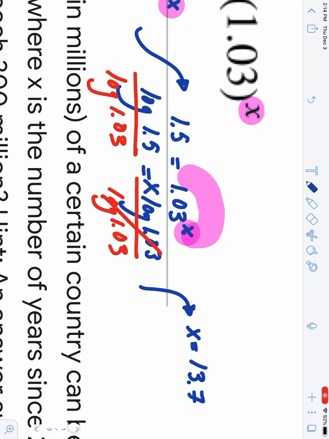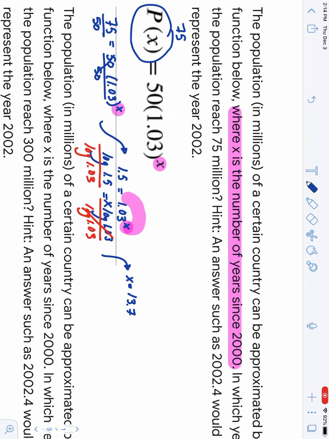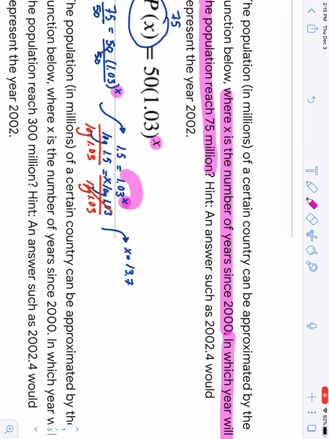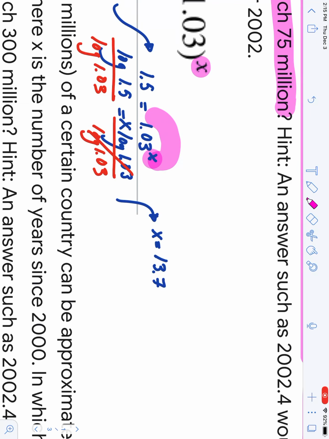This is not the answer. 13.7 is not the answer. I wanted to know in which year the population will reach 75 million. So the x is 13.7. This just tells me that it's 13.7 years after 2000. So we take 2000 and add that 13.7 to it. And I know we get